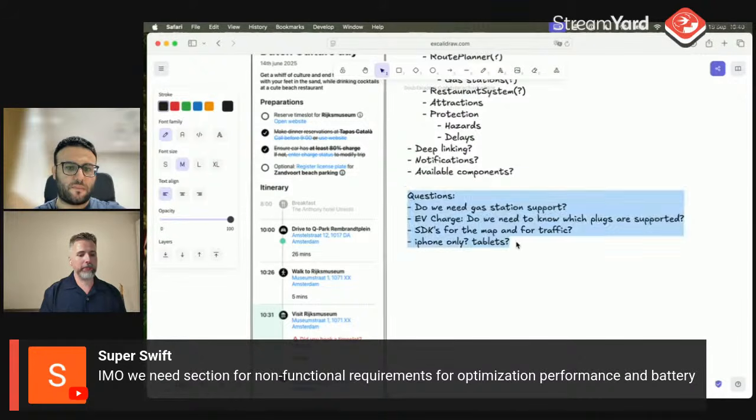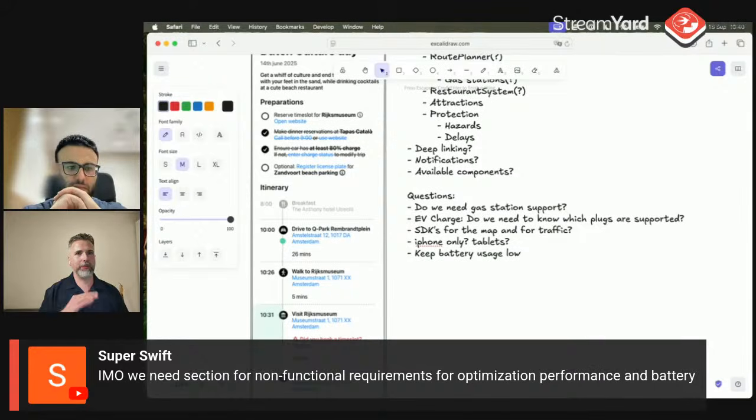Maybe, well, let's ask if that's a real requirement. Maybe in the first version, battery usage is not important until we ship. Maybe it's first important that we just ship. We're a startup, we have no money, we have no time, we ship. How important is this, right? So these are the questions that are coming up.